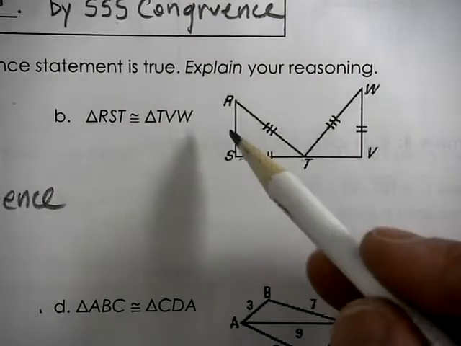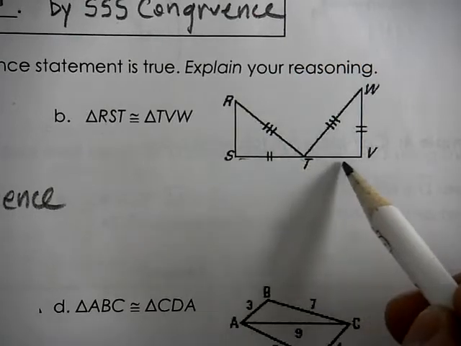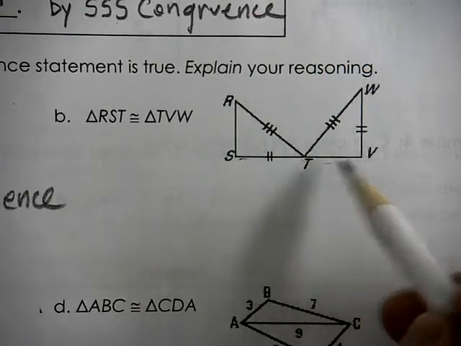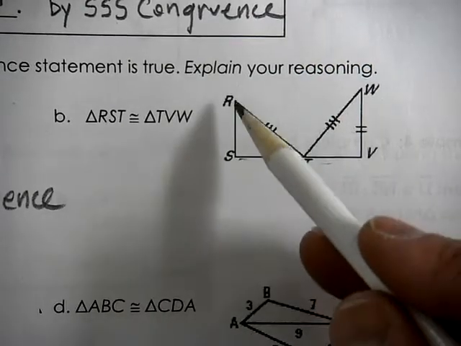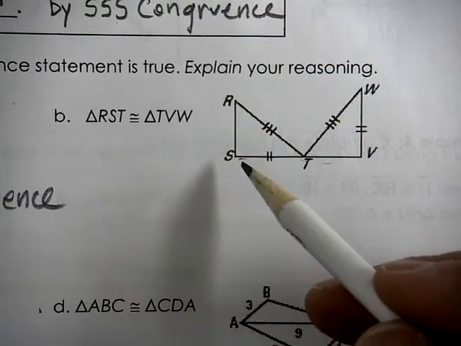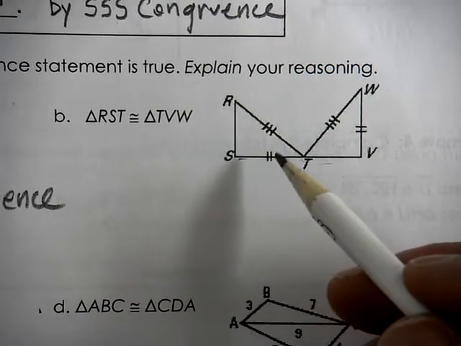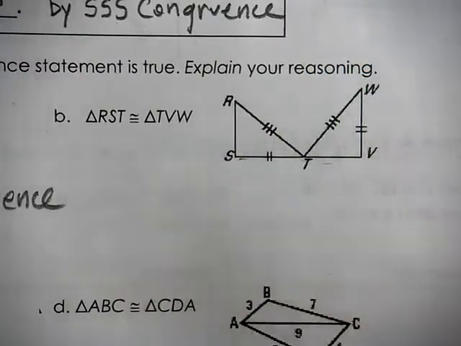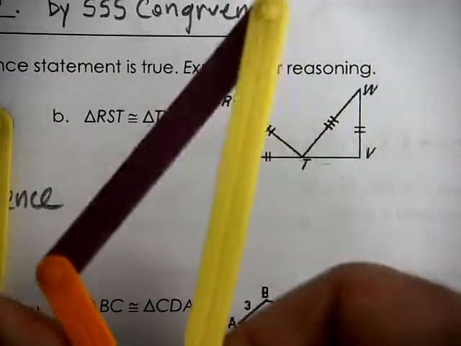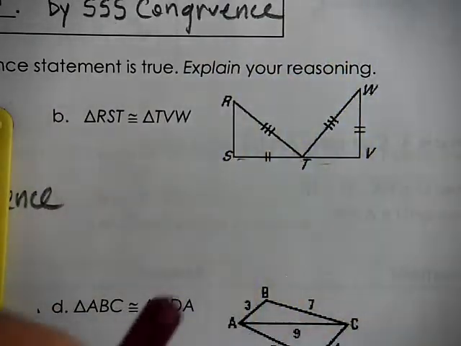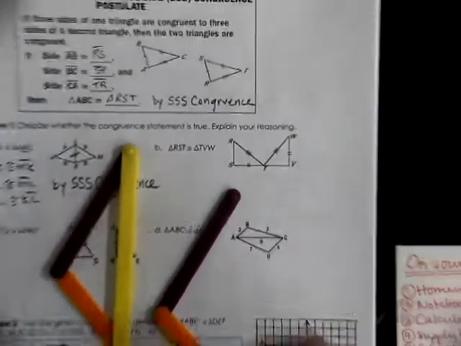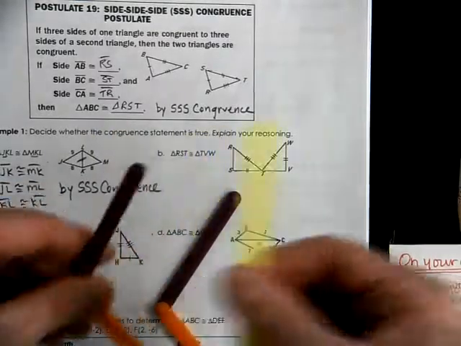And the answer is we don't know. We don't know if this length is the same as that length. Just because we have two sides the same does not mean the third side is the same. So if I take these yellow ends off of our triangle,